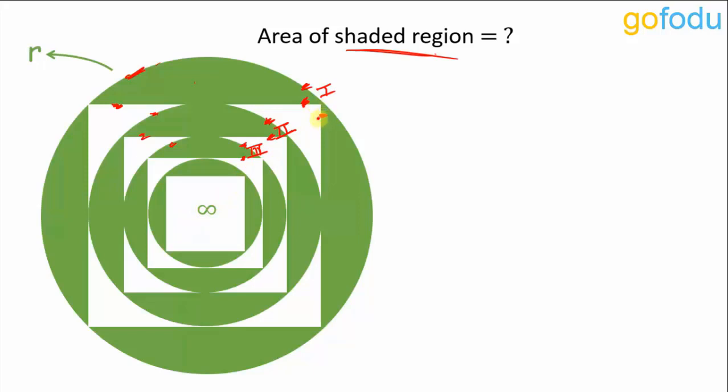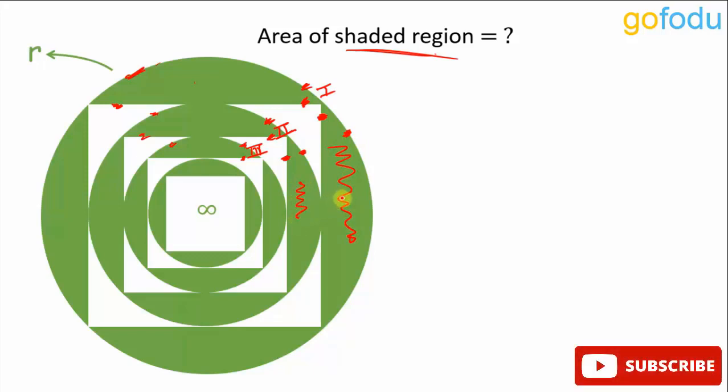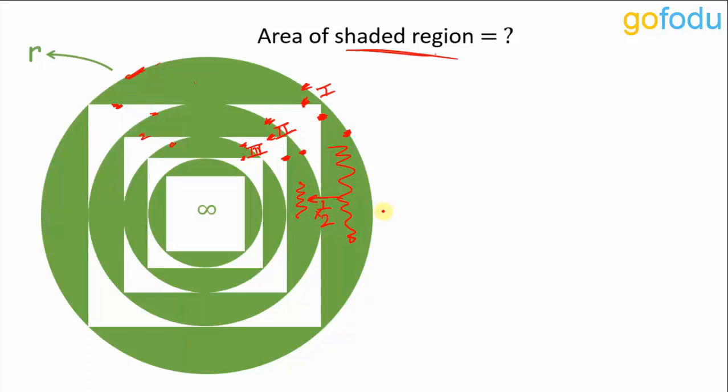Now in going from this outer square to this inner square, the area gets halved, right? The area becomes half. So for this circumscribing circle and this circle, for them too, the area will become half. The area of this inner circle is half of that of this outer circle. In going from the first unit to the second unit, the area becomes half. That means this shaded area will also become half, right? And in going from this second unit to this third unit, the area will become 1/4, half of that of the outer area.